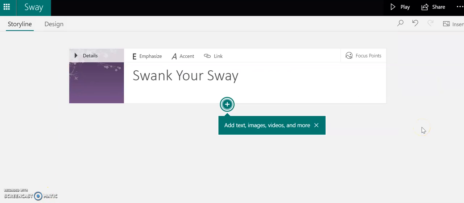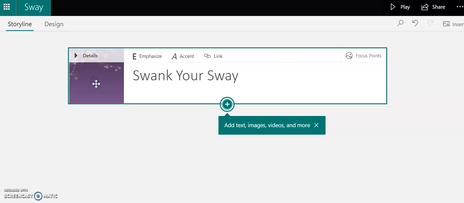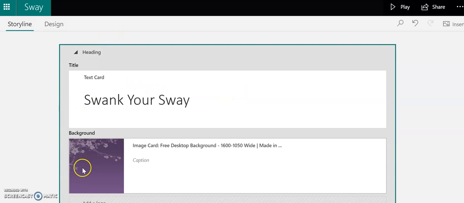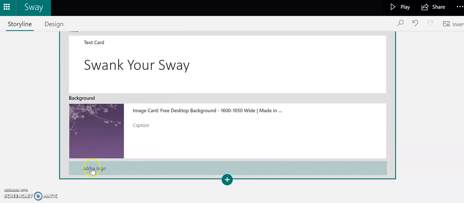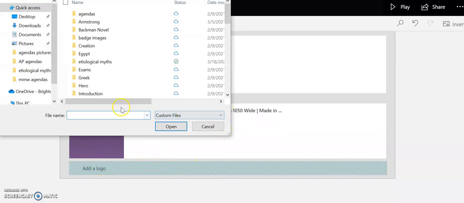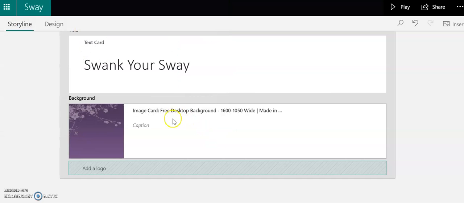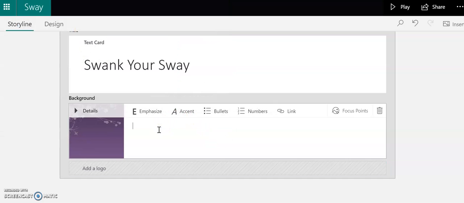Let's take a look at how that works. I'm in my edit screen, and now I can edit the image. I can click on the card to highlight it. I can click in details, and then I can add a logo. I don't have a logo. If I did, that's where I would add it. I can caption my image. So portrayal, or